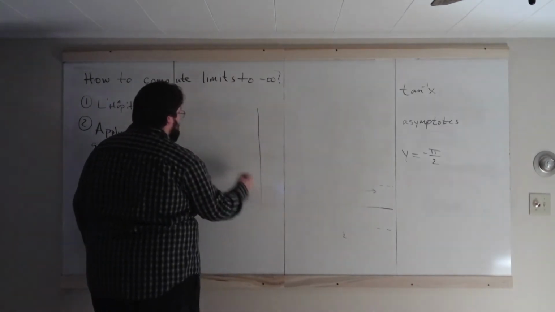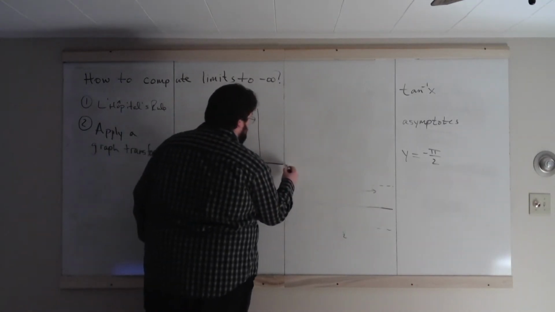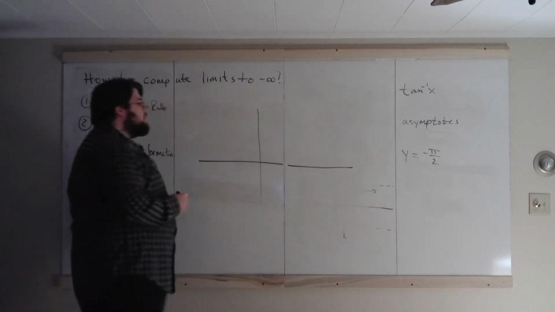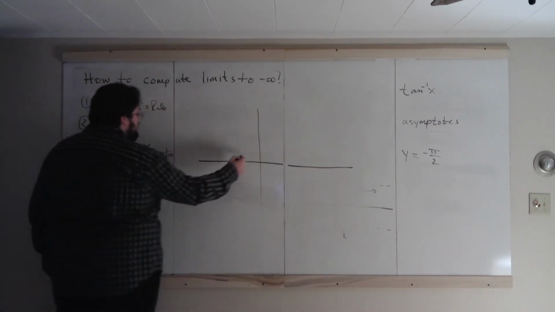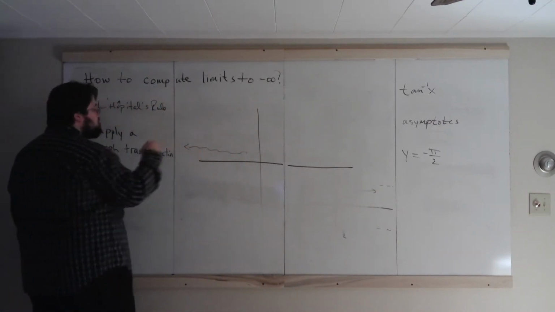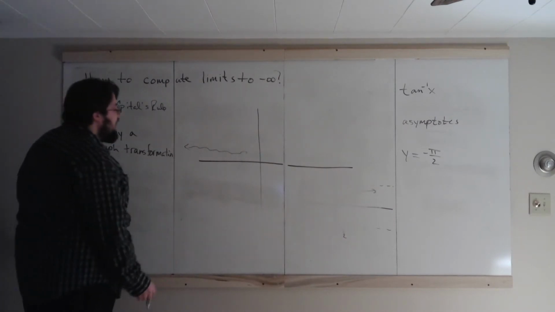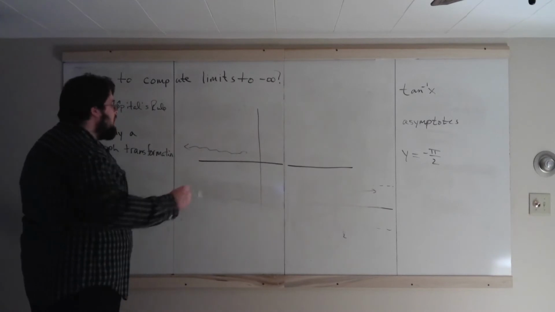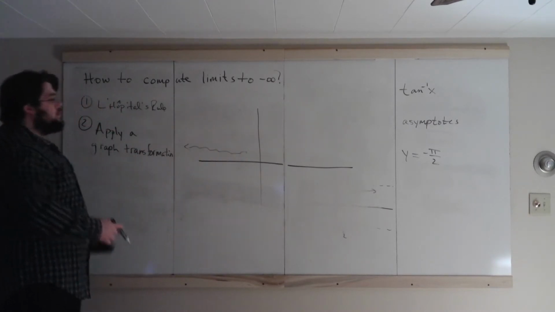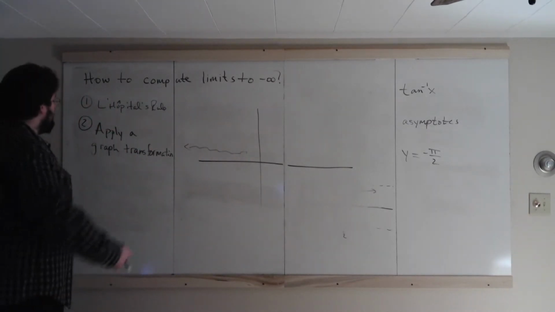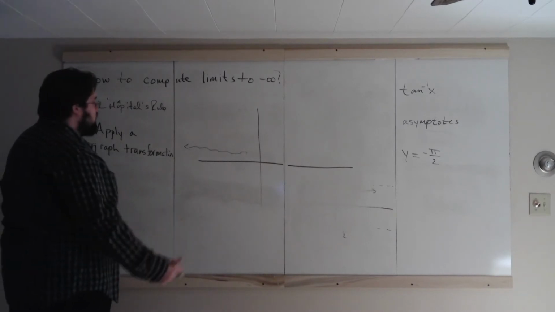Let's draw an xy plane. The limit to negative infinity is concerned with the behavior of the function as x goes toward negative infinity. So as x is going in this direction, the limit to negative infinity is going to figure out what happens